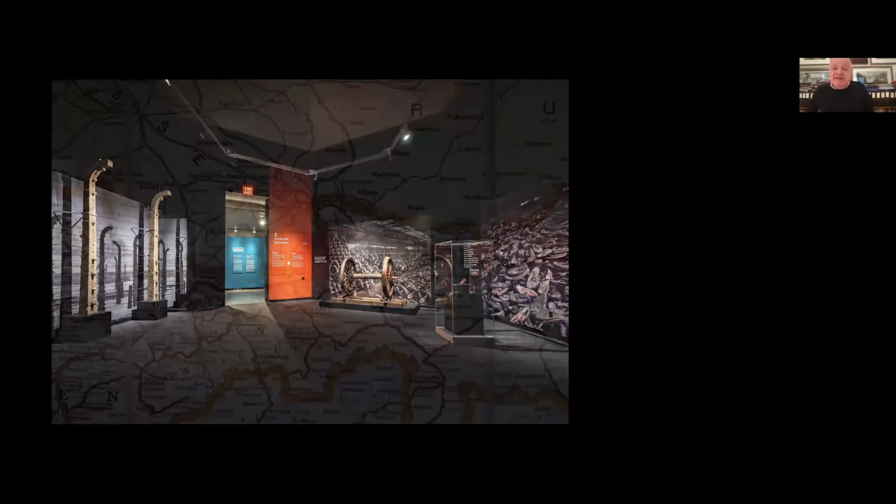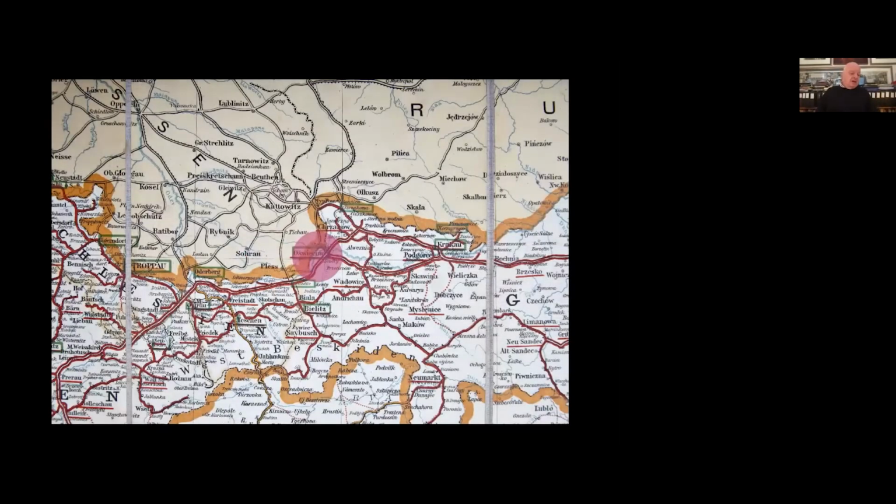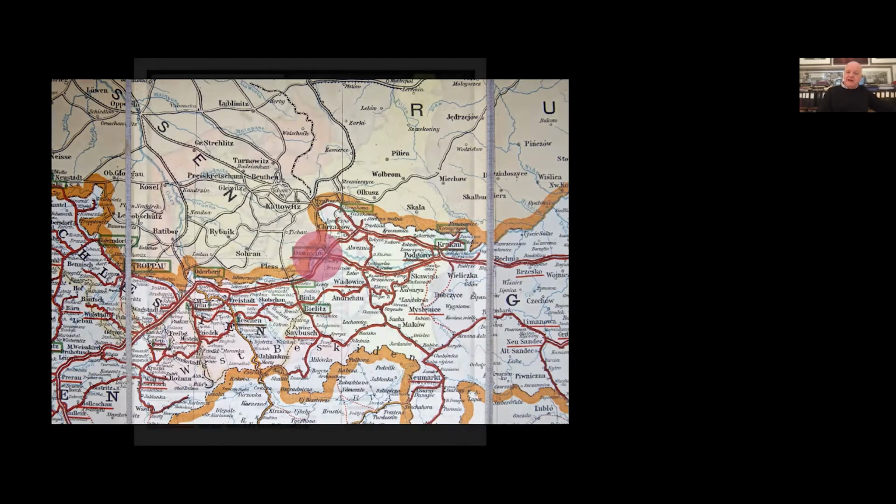It's an exhibition that very much is shaped by my work on the history of Auschwitz that I did in the early 1990s or the late 80s even, in which I got very interested in the location of the town of Oswiecim, Auschwitz as it was called in German, which for most of its history long before the Second World War was a border town between Poland and the German lands, or then between Austria-Hungary, Russia, and Germany in 1900, as it's shown right here.